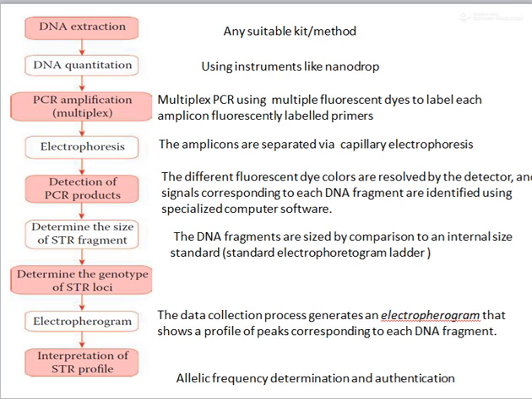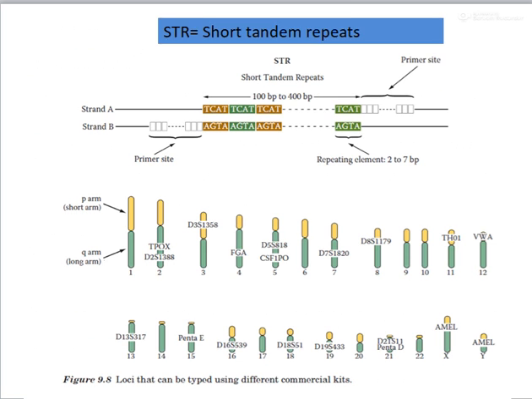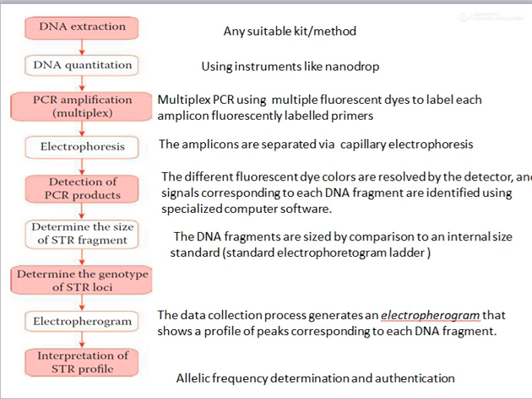Now you might think the size is 5 to 10 base pairs. That is, the repeated unit is 5 to 10 base pairs. When these 5 to 10 base repeats increase several times, the size of the total STR fragment will be different. Now you can have a look at this. When TCTA is repeating several times, it can be from 100 base pairs to 400 base pairs. So based upon the number of repeats, the size of this STR will be different. Then you can find out the genotype of the STR loci, that is, the total sequence can be analyzed.